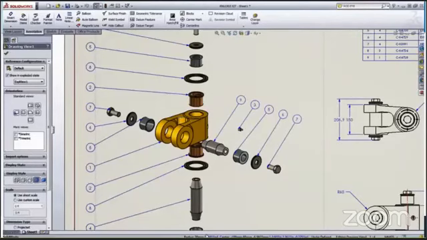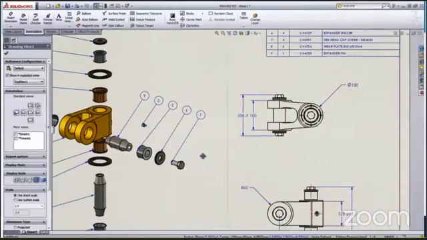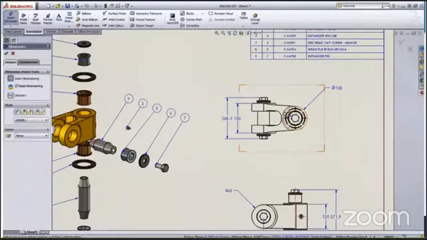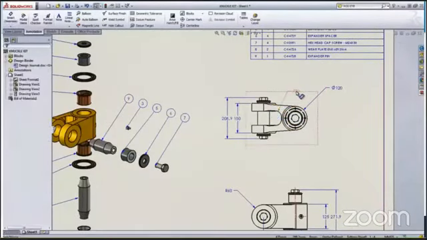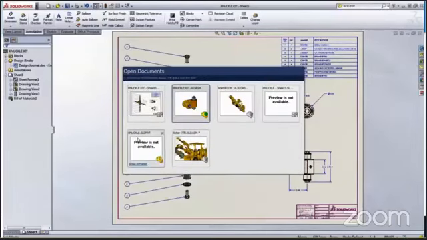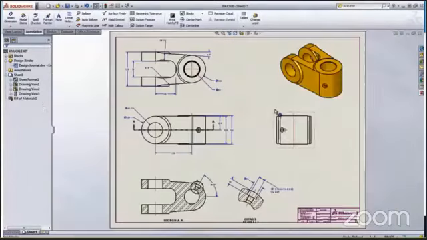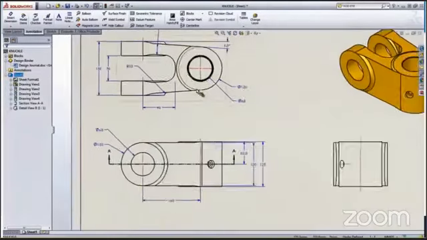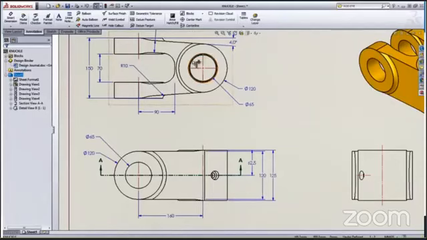And here all the views are updated in the drawing as well. Here I will measure the dimension. Before it was 30 radius, now it is... before it was 10 millimeter, now it is 30. So all the linked features, whether related with the drawing, the part, or the assembly, will be automatically updated.